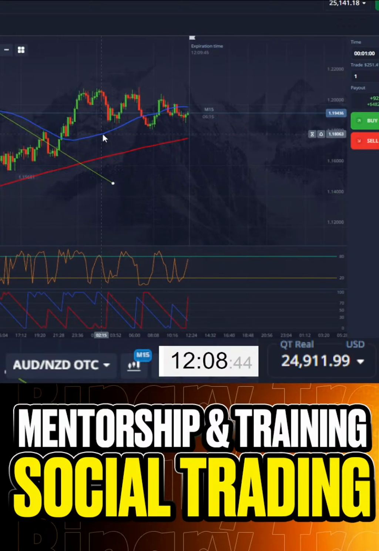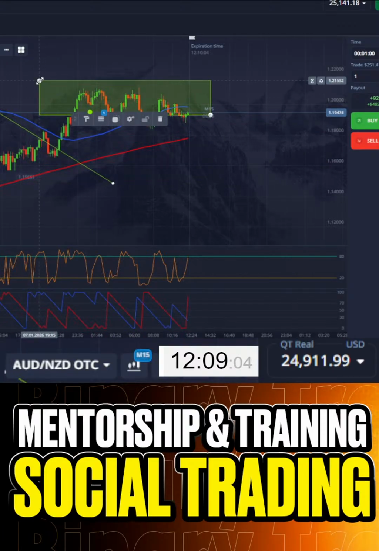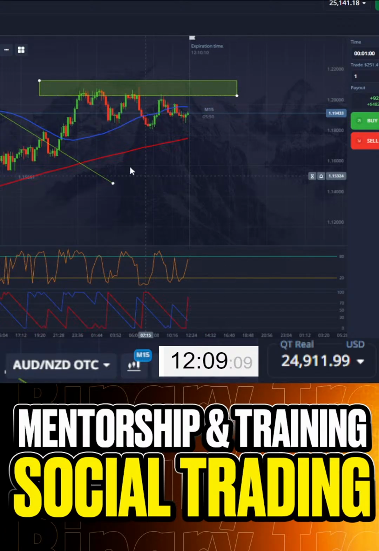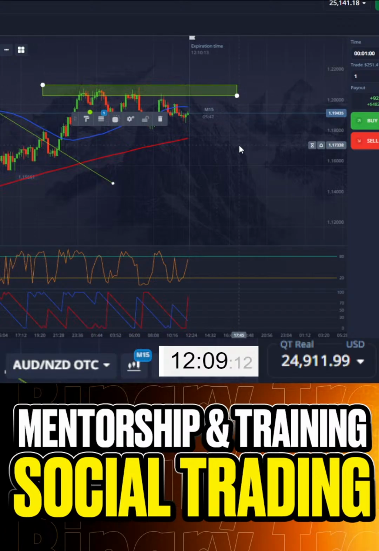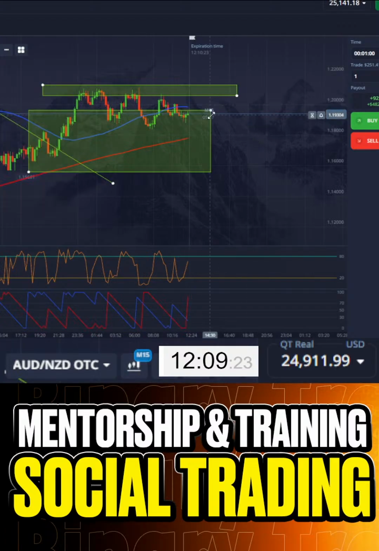It's not a good situation because we can see that we didn't have enough impulse moves. We have just two levels, resistance and support, and the price just goes from one level to the other, right? You can see it. I will show it to you. This is the first. It's called resistance right now. Give me a second. Rectangle, all right.